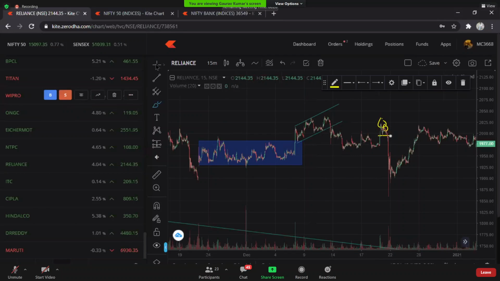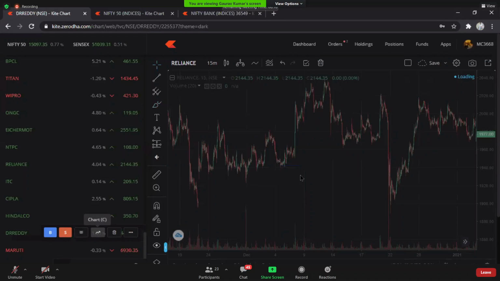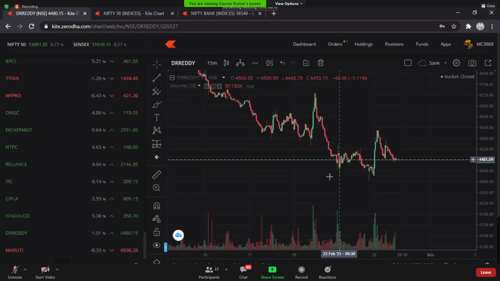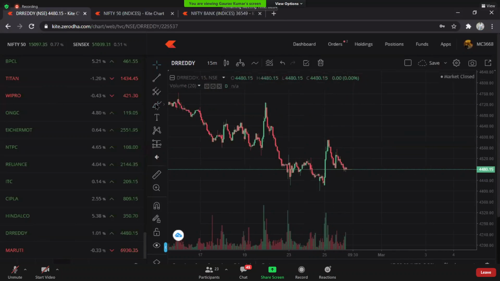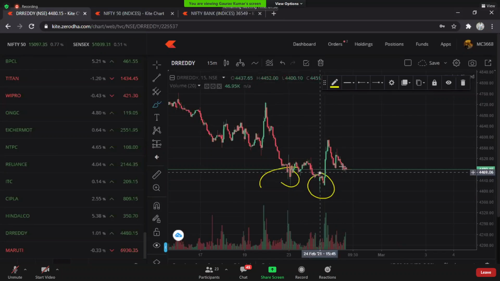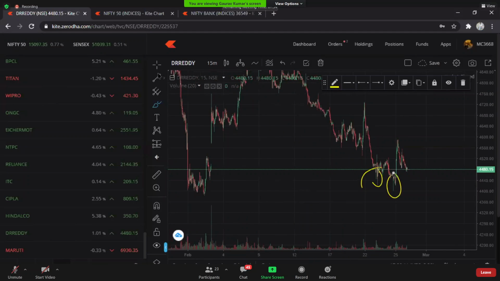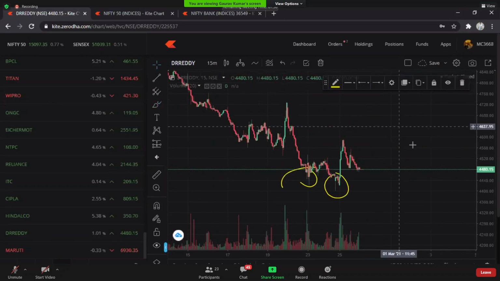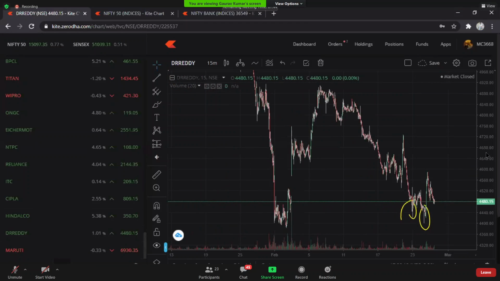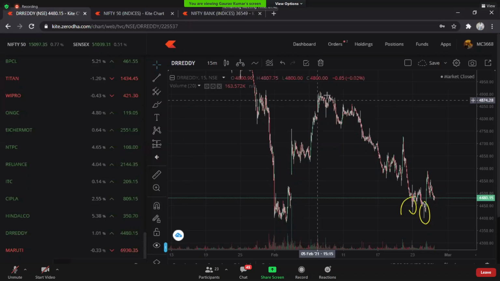So this is just a single stock that I'm showing you, Reliance. This is one of the favorite stocks of people in recent times. That is why I've got one more stock for you, Dr. Reddy, that I had analyzed recently. You can see out here, this is a double bottom, double bottom out here, Dr. Reddy. This is some kind of a double top.